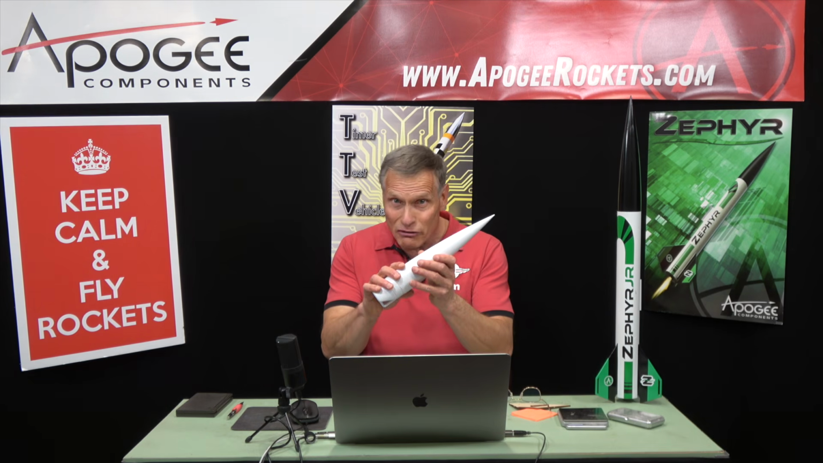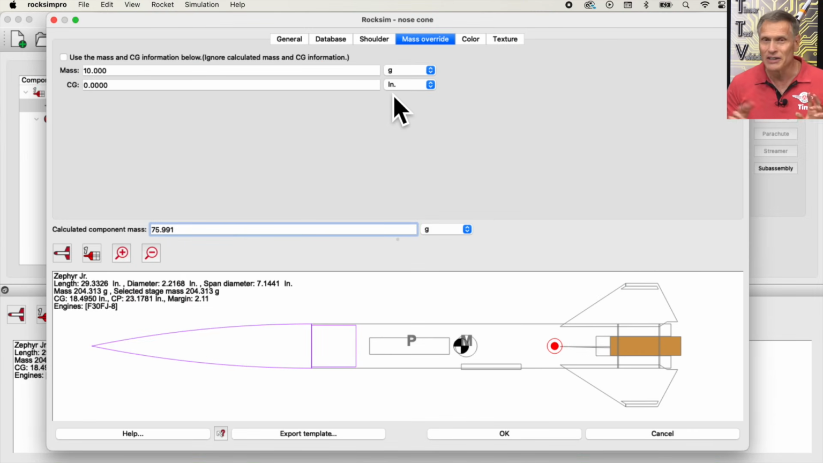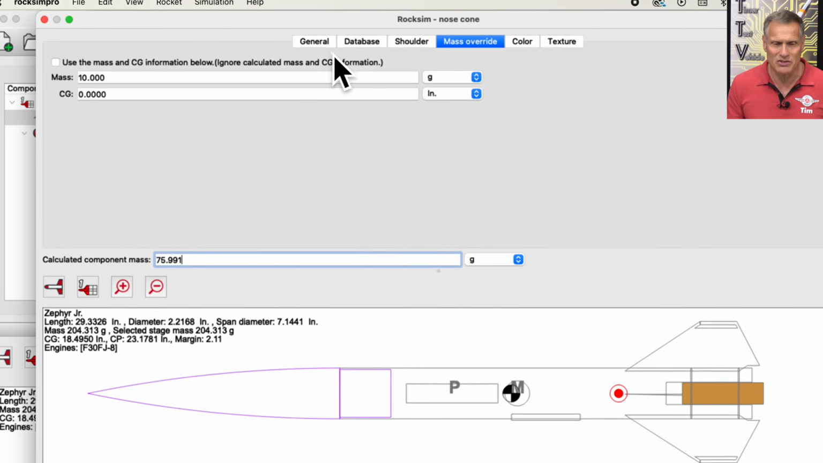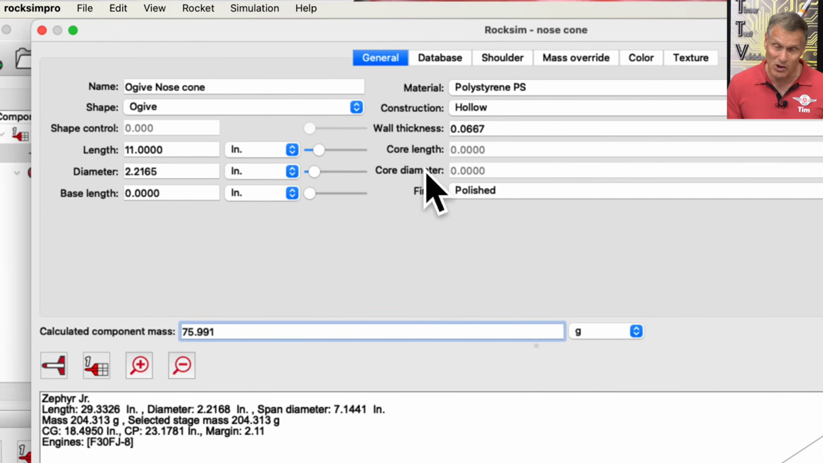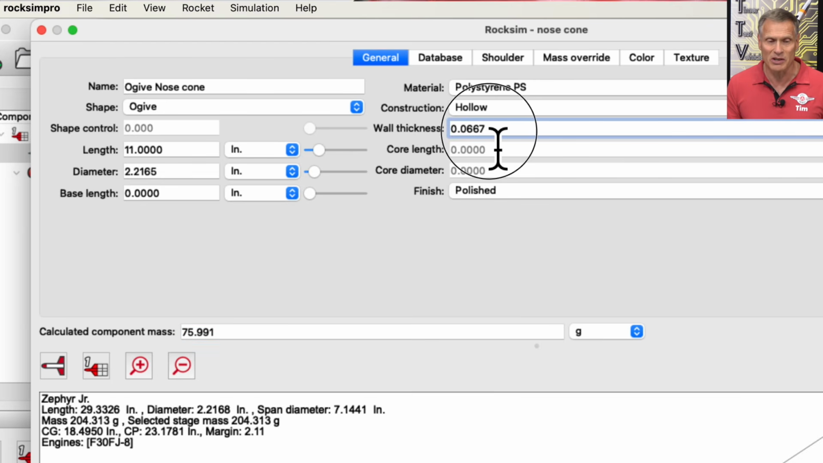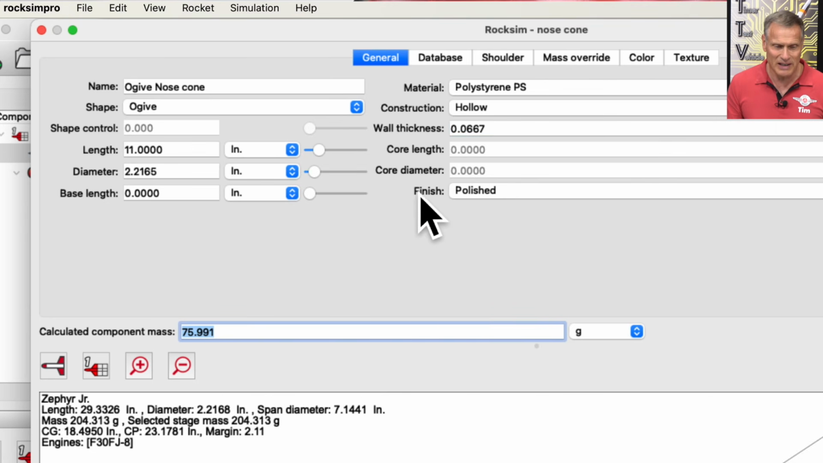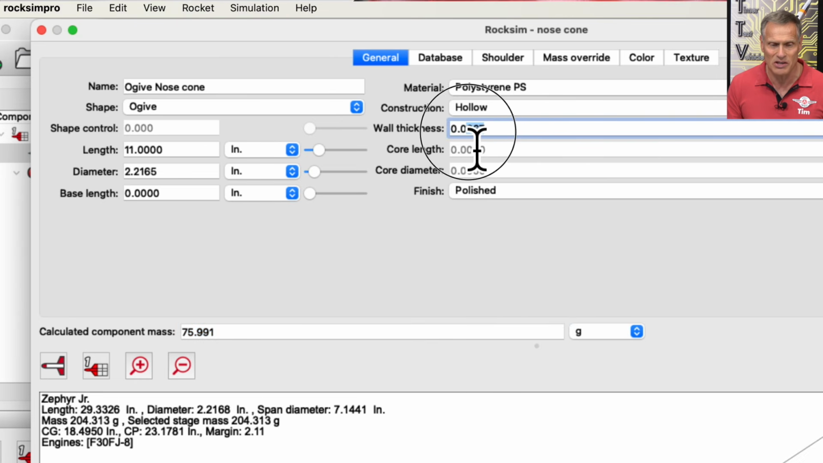So now how do you get the real life to match what's in RockSim? There's 2 ways to do this. The first way is to go to the General tab, and you're going to adjust the parameters of the rocket so that they match. And one of the parameters here is the thickness of the plastic tube, or the plastic nose cone. So right now I am heavy here, and I need to get down to 61 grams. So I would adjust the thickness here,